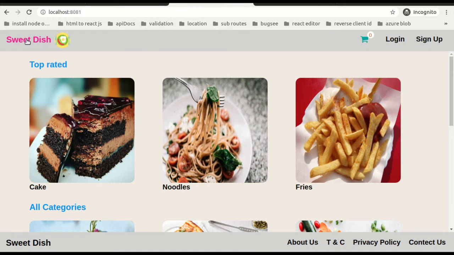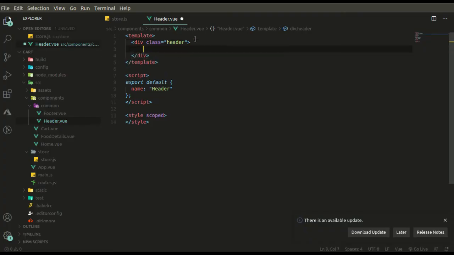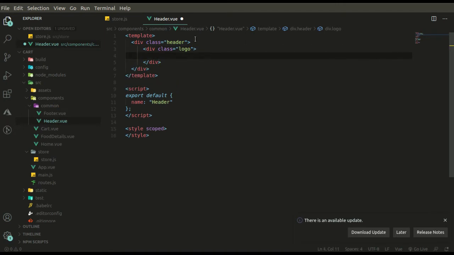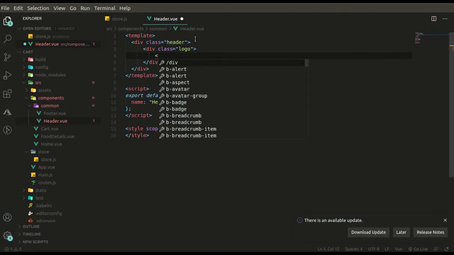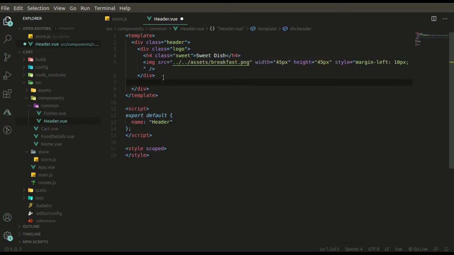Okay, so we have the name and the logo over here. Quickly code that. I will paste my styles once I complete the code. Okay, so our logo portion is done.